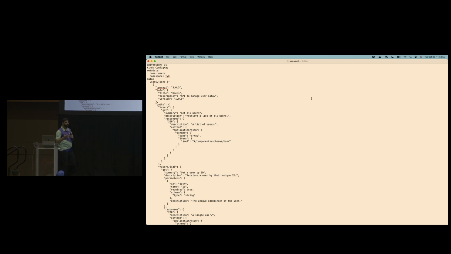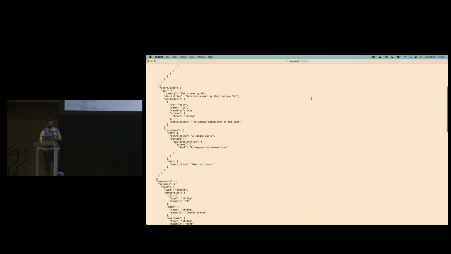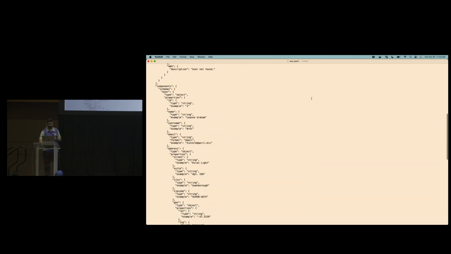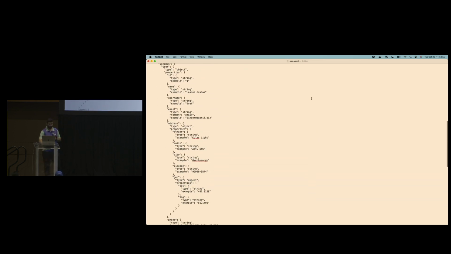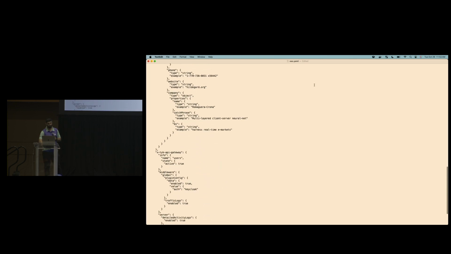So the first thing that we're doing here is creating an OpenAPI spec that is based on a service called users. This user service is just a very basic OpenAPI. It has a /users, which is going to return all the information about the users. It's going to have a /users/ID, which returns information about a specific ID. And as you can see, the components section contains all the different aspects of the schema of that API.